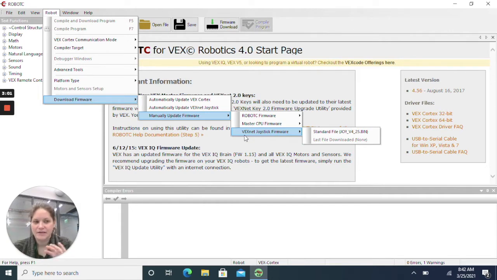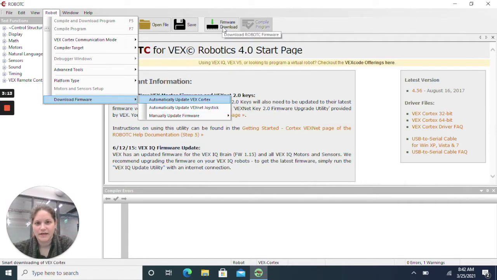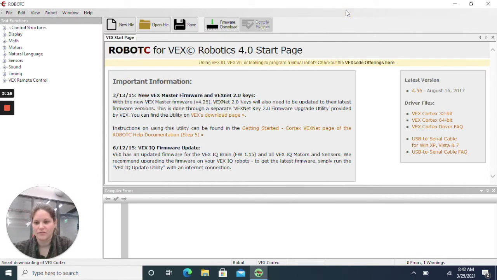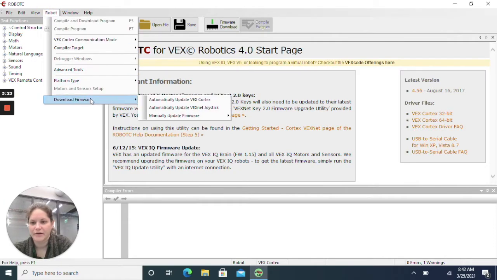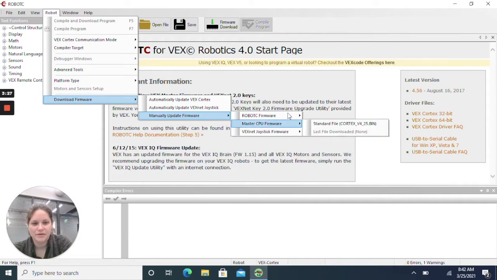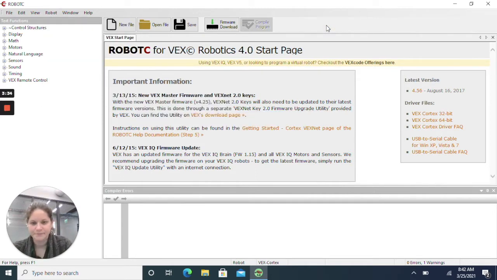And that allows, if there's just bugs in any of the programs, it allows those bugs to get completely cleaned out and it's completely refreshed. So if you get to a point where even doing your regular firmware downloads is not helping to solve a problem, those master downloads, again, robot firmware and then manually update firmware, especially the master CPU firmware download that goes onto your Cortex, those are going to be the most helpful things to get things reset. Okay,